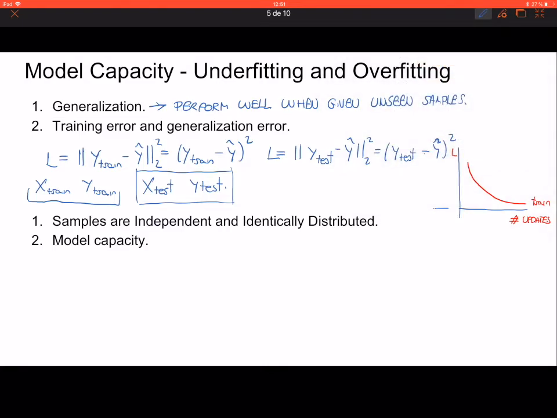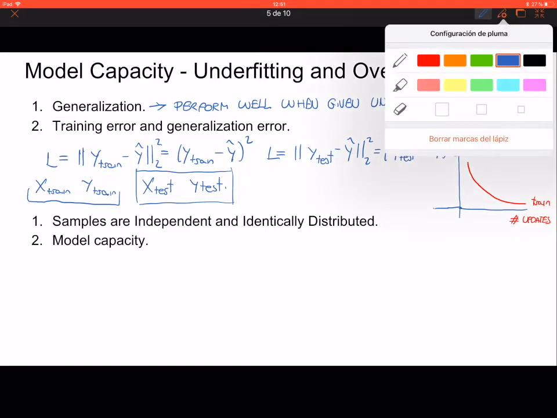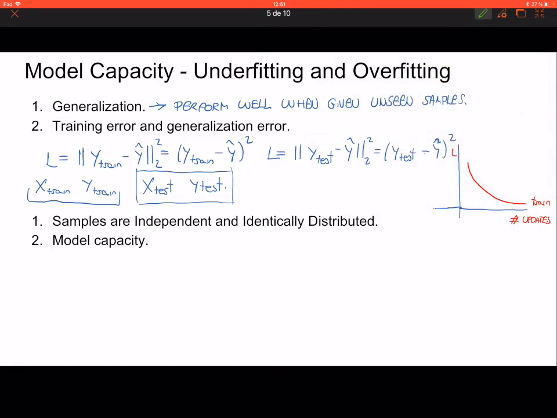So we could have something like this, and then my test error will always be larger than the training error because it's a data set that I have never seen. And what happens in practice is that if we train too much, if we update our values too much, then our test error starts increasing again. This is related to the problem of overfitting. We're going to discuss that in a second, but